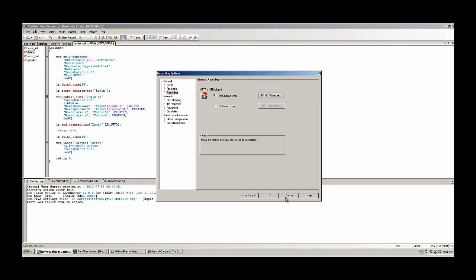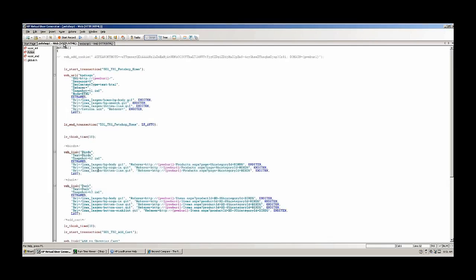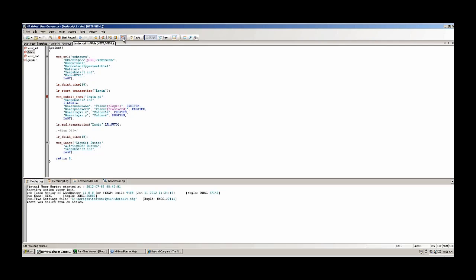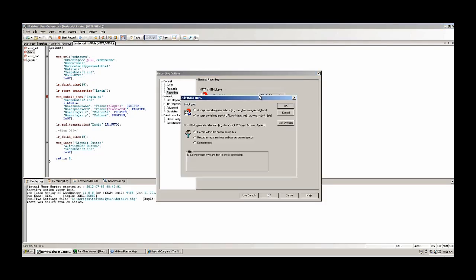Here is an example of a script that was recorded using a pet shop application, and you'll notice it was recorded with that mode. So best practice would be use the default. If that works, great. If it doesn't, second option will be to record a script containing explicit URLs. So here, instead of using web links and web submit